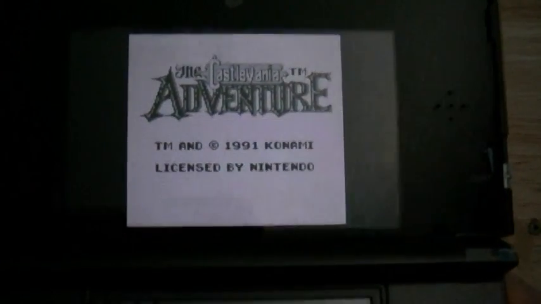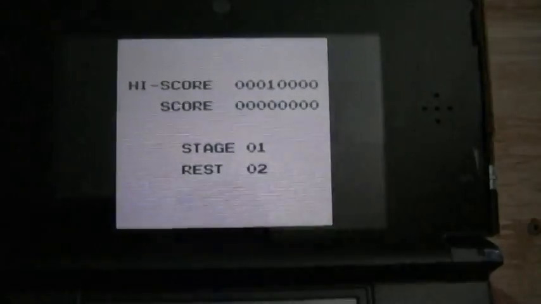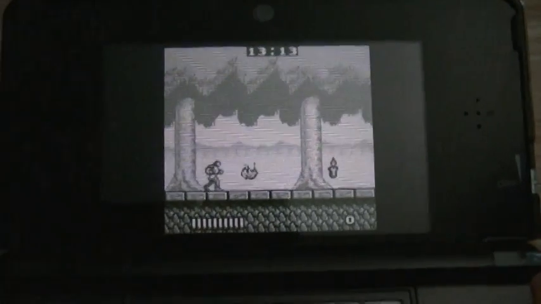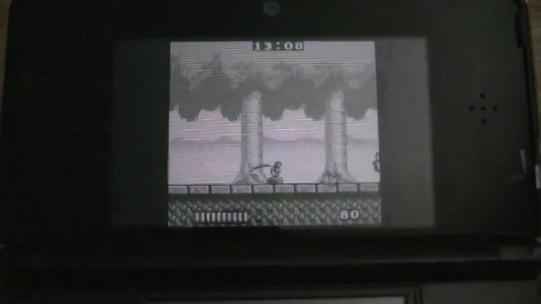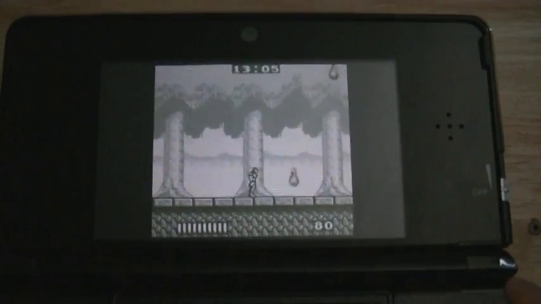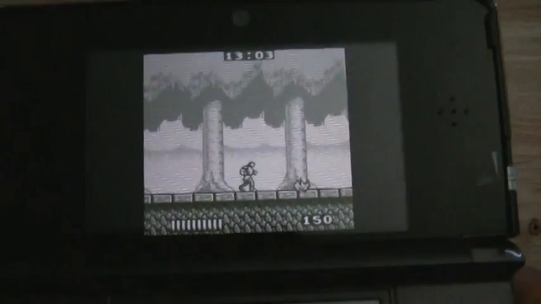Today I'm going to be taking a look at the Castlevania Adventure, which, if you've never played it before, is kind of your standard Castlevania game. You've got your energy in the bottom left corner, you've got your score in the bottom right corner, and getting a good score can give you extra lives. You've got a timer at the top, which you've got to be very conscious of, because once that runs out,